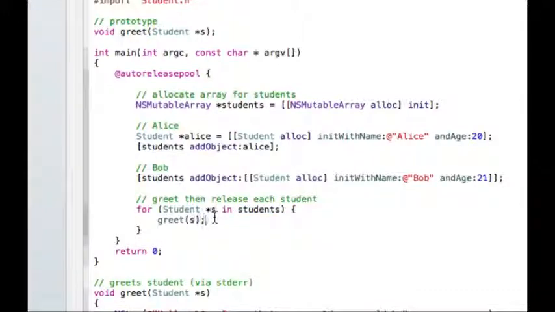One thing that's somewhat important to remember is that everything inside of this array is just stored as an id. There's nothing enforcing that I only put students into this array. If I wanted, I could put a student and then a string and then another student and then some UITableViewController. It's up to you to enforce that everything is of the same type. Or if you don't want to enforce that, you need to make sure it makes sense, you know what you're doing. But if I wanted, I could say